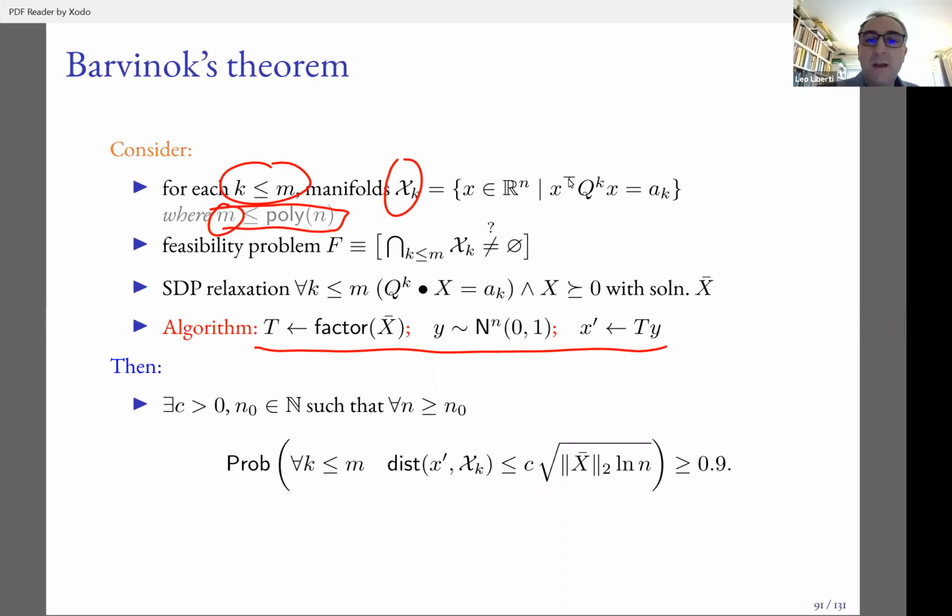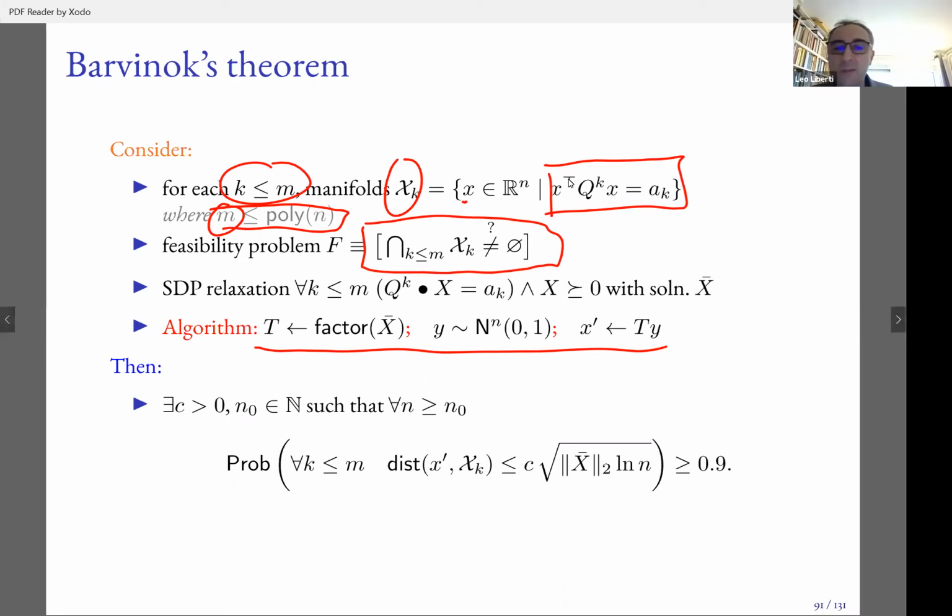Okay, so these manifolds contain points that are over these quadratic surfaces, okay? And the problem it addresses is to decide feasibility of the following set, whether the intersection of all of these manifolds is empty or not. And let's say find also a solution, find a certificate, or find something that is close to a certificate in this case. All right, so if you write the SDP relaxation of these sets, you get these linear equations now